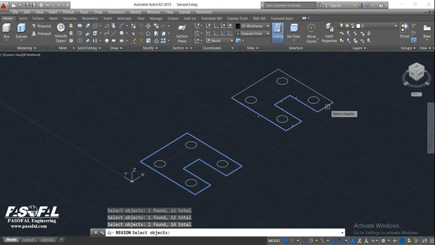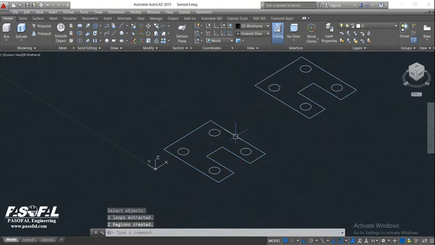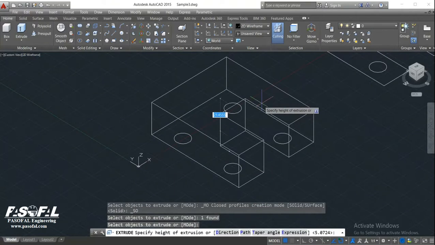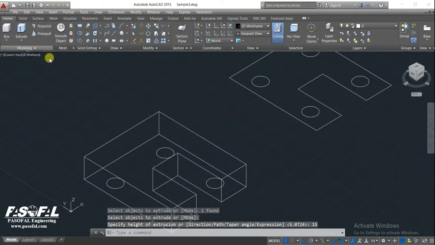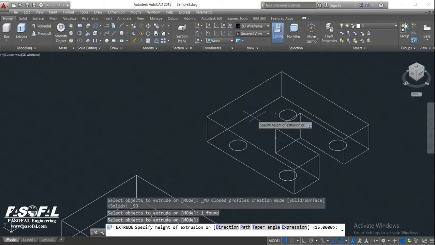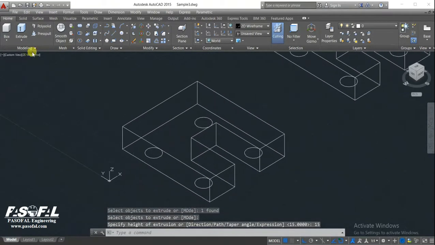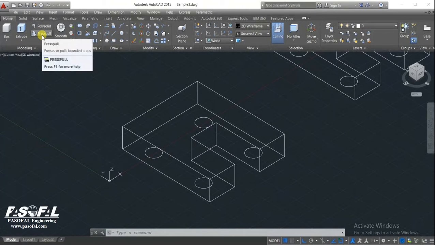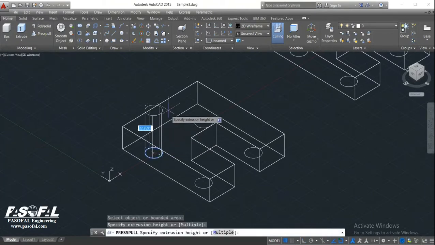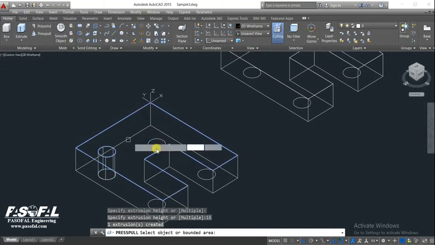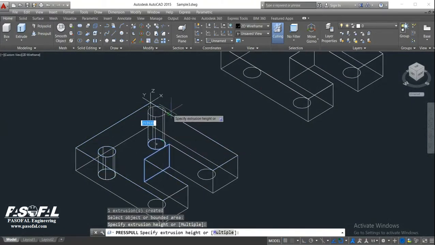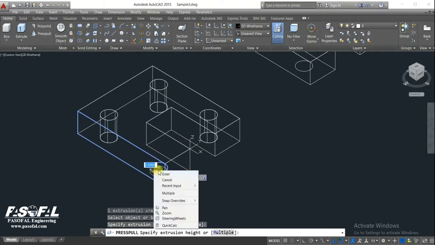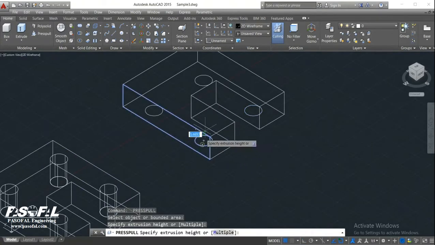for both parts. Okay, you can see it's unique. After that, I will do extrusion with the height of 15 centimeters and 15 centimeters. Then I do extrusion for a circle. I can do it with extrude or I can do it with press pull. If you click press pull, you can extrude with a certain distance, which is 15 centimeters, and also this one 15 centimeters, this one 15 centimeters, and for this one